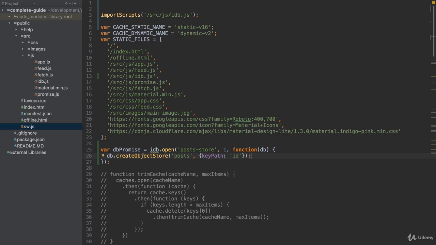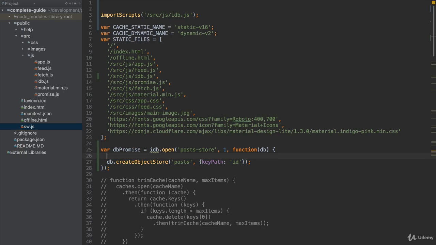The issue just is, we'll use this promise here whenever we want to access the database. And there we open the database. Thus far, that's no issue. But we always also try to create that object store. We only want to do that if it doesn't exist yet. And unfortunately, IndexedDB and this package doesn't do that for us. It's not like in the cache where we open a cache and it either creates it or simply opens it. Here it always tries to create it, and that of course is not a good idea if we already have